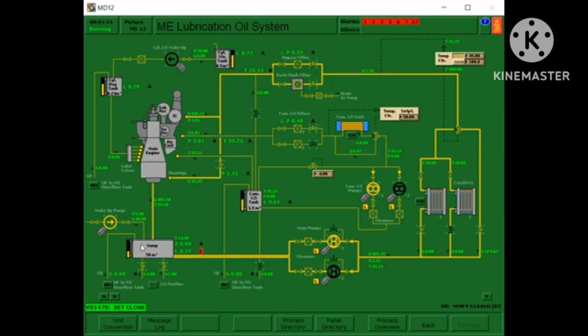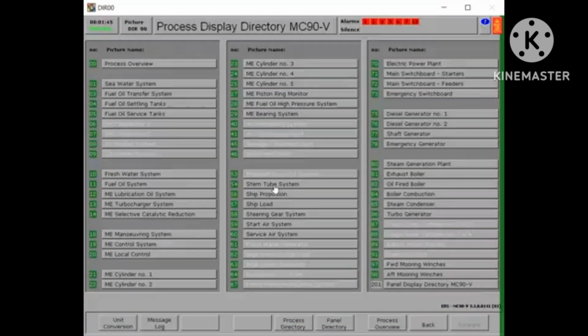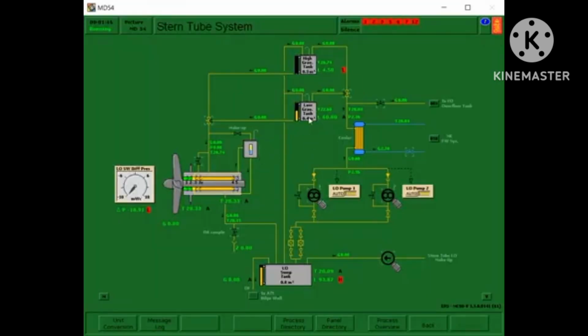After, let's check this part in the process directory. We need to check if everything is okay. So as you can see, it is high.